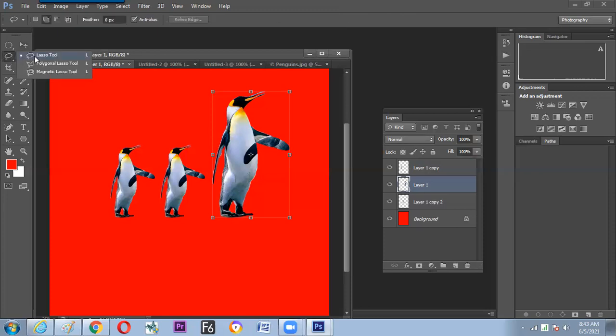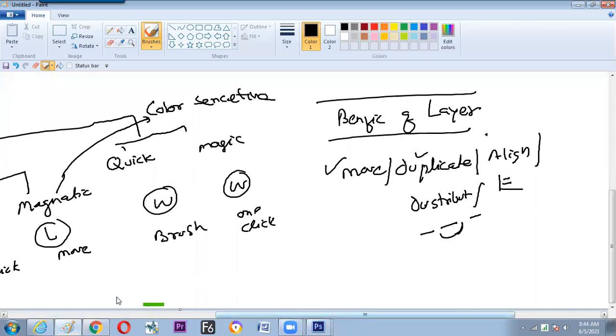So make a good note of it. Lasso, polygon, magnetic, quick selection, and magic wand. 1, 2, 3, 4, 5 tools at a stage we have learned. So I'm just keeping it light because if I tell you more then it will be a burden. The task: make a simple note, name of the tool, hotkey of the tool, method of working of the tool, examples, tips and tricks on the tool, and the brain mapping. Brain mapping is done here.